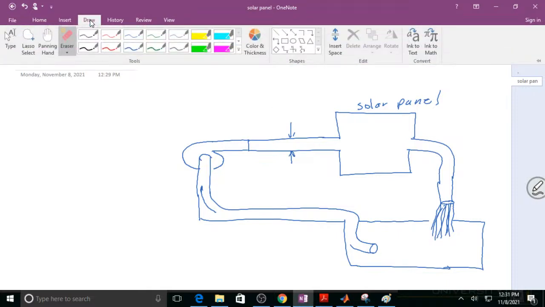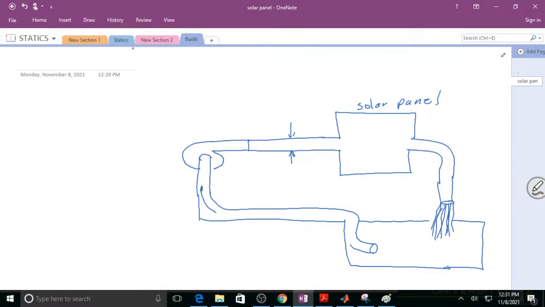Well, we'll say it's a 1 inch PVC pipe that's internal diameter. And then it comes out and it splits and goes back and forth on a black background to absorb heat, and it comes back out. So we'll say this is the equivalent of 50 foot